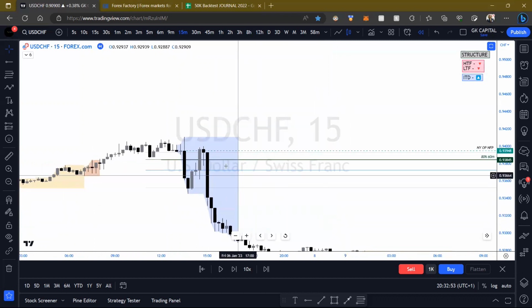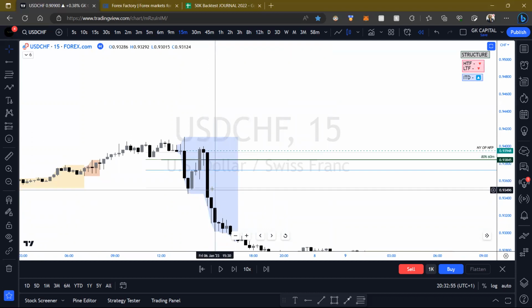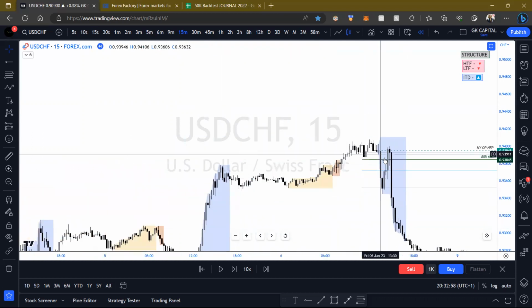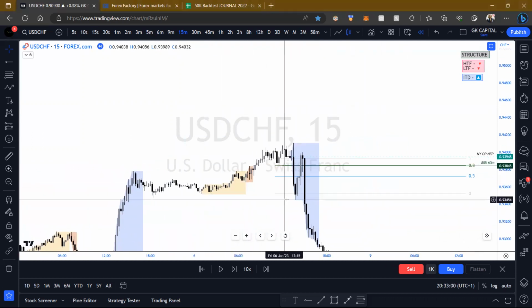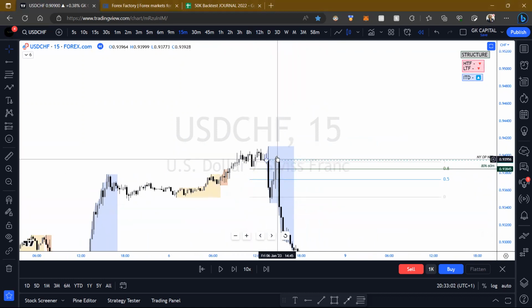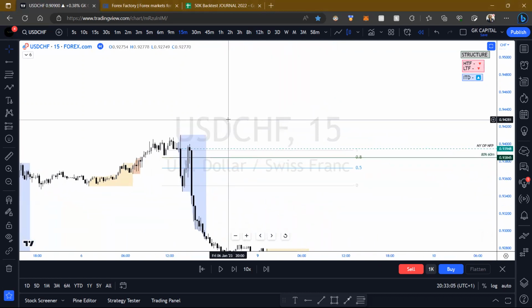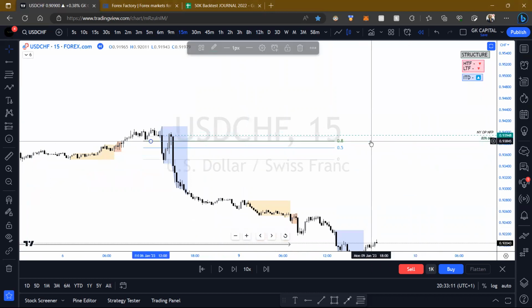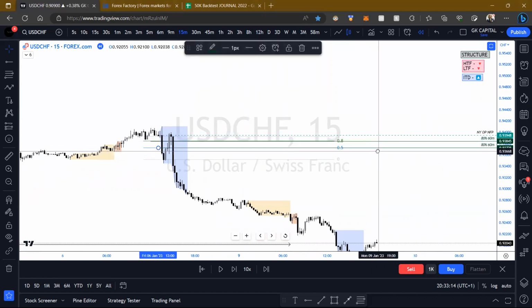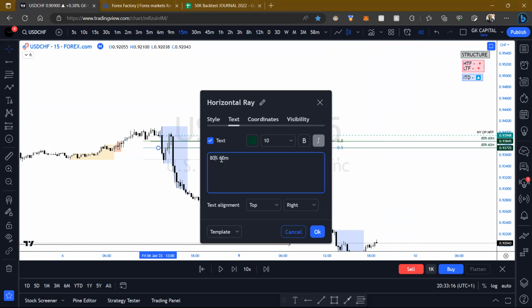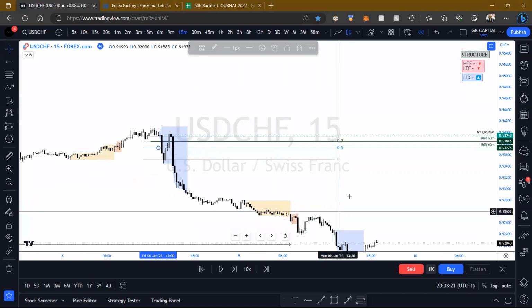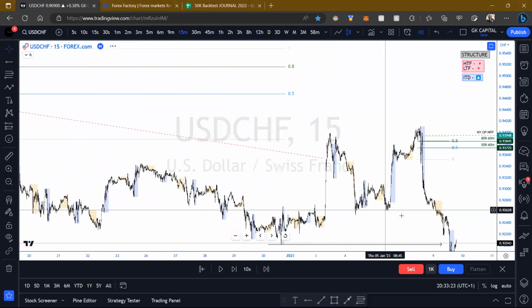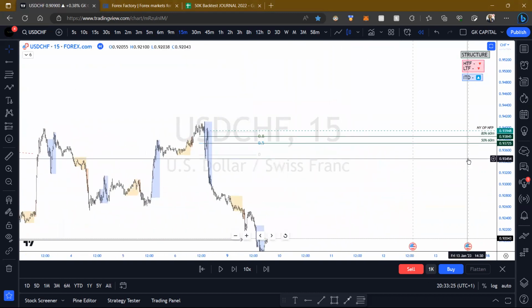Okay. There's imbalance that needs to be filled in here. We can see that, right? Just by the sheer volume of it. We've gone and we made it low, so we know this is what needs to come back and retrace. And hold on. 50. Okay. That is pretty much my POI done.